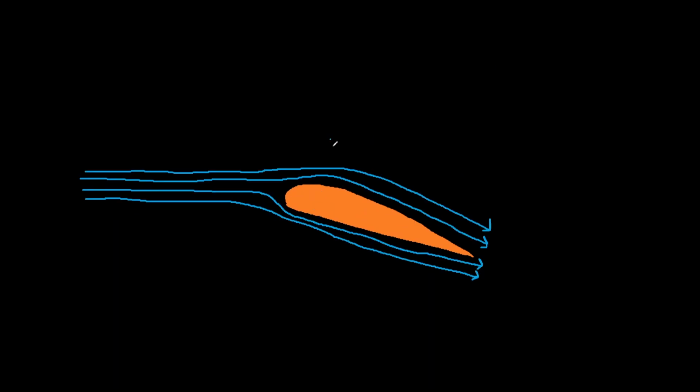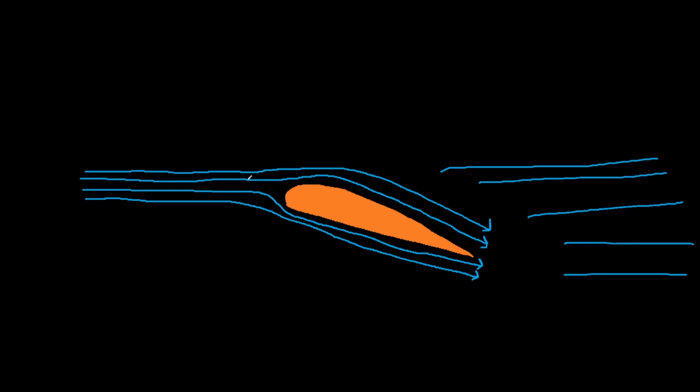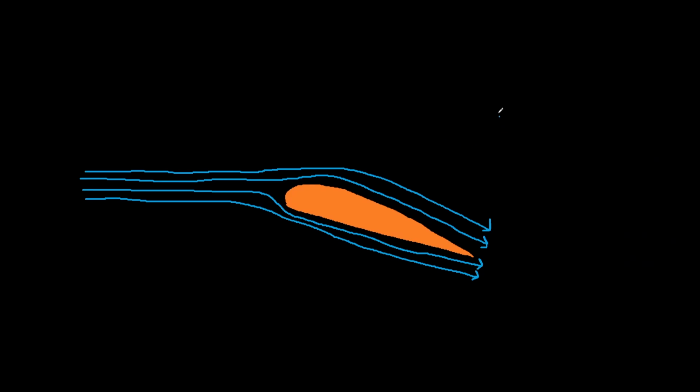Our next one occurs with the redirection of airflow. So as air comes towards our airfoil and it intercepts the airfoil and flows around it, you can see that the air itself changes direction. So instead of just going over the airfoil and continuing in the same direction, it is redirected slightly downwards. Because of that, at the trailing edge of our airfoil, you can see that there is a force of air flowing slightly downwards. As a result, because of Newton's third law,